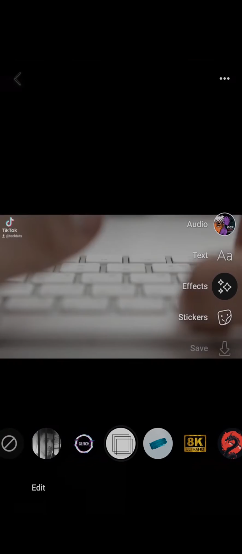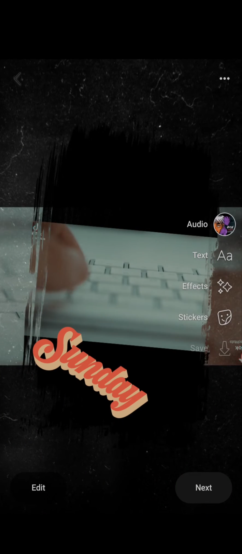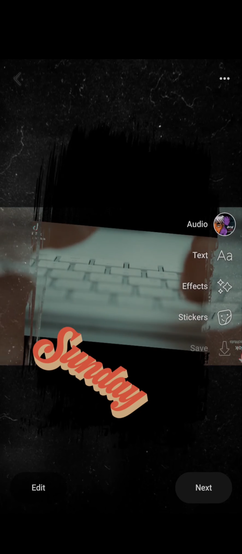Once you add in the music, you can also add in text, effects and stickers to your Facebook reel. So just tap on each of them and you can choose from different effects, different stickers and other things. Once you manage all the settings, you can tap on next on the bottom right,